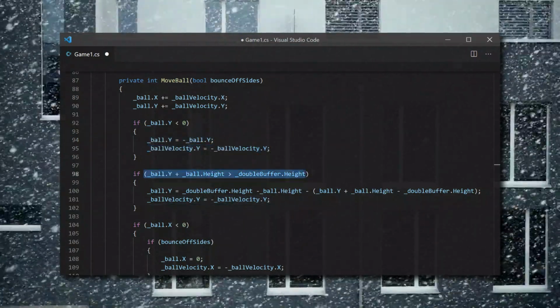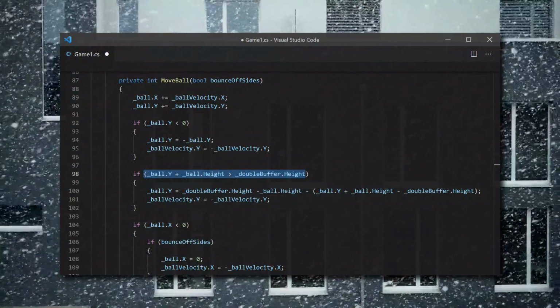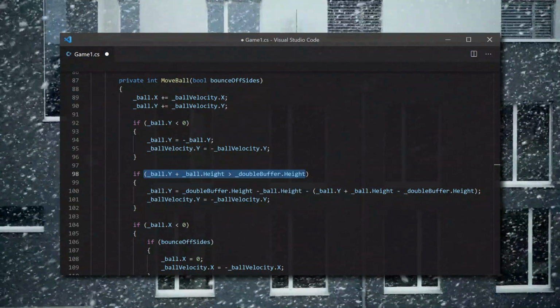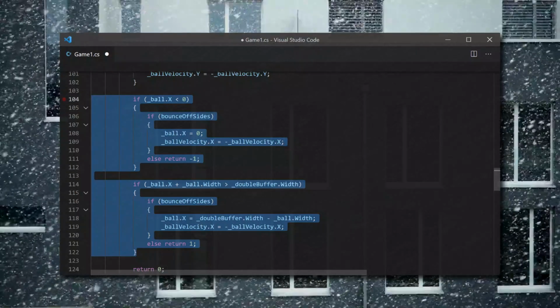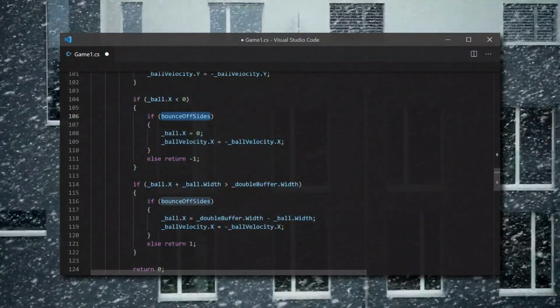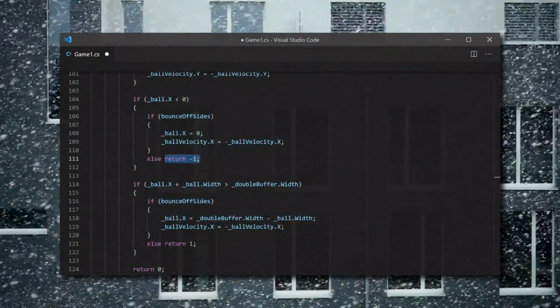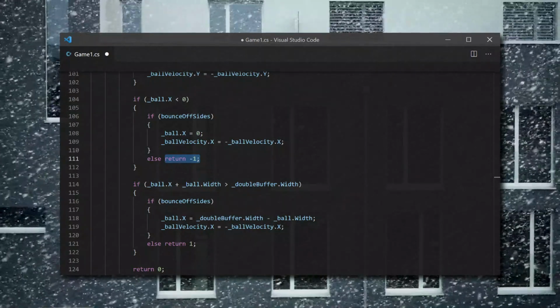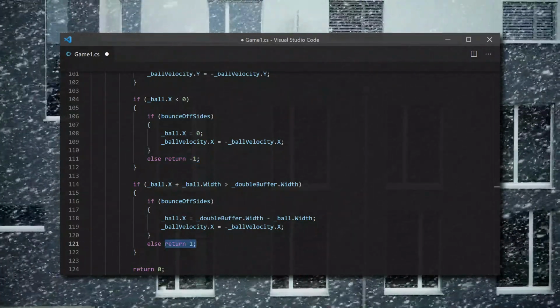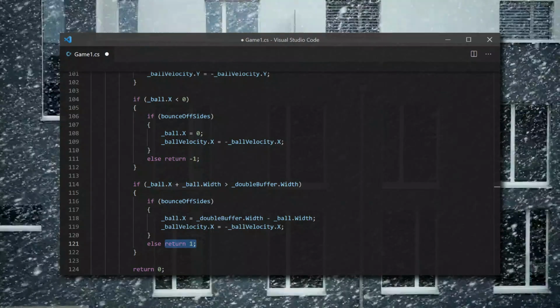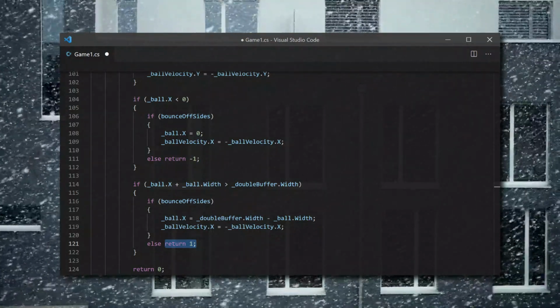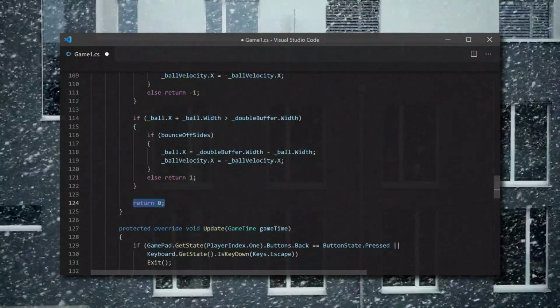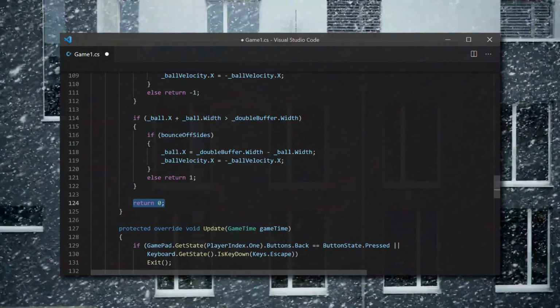For the bottom, we also track the height of the ball, as that will be what is interacting with the bottom. We then do the same for the left and right side, though now we check if it can bounce. If we can't bounce, it returns -1 if the right side scored, or 1 if the left side scored. Finally, if we haven't already returned, it returns 0, saying no one scored.